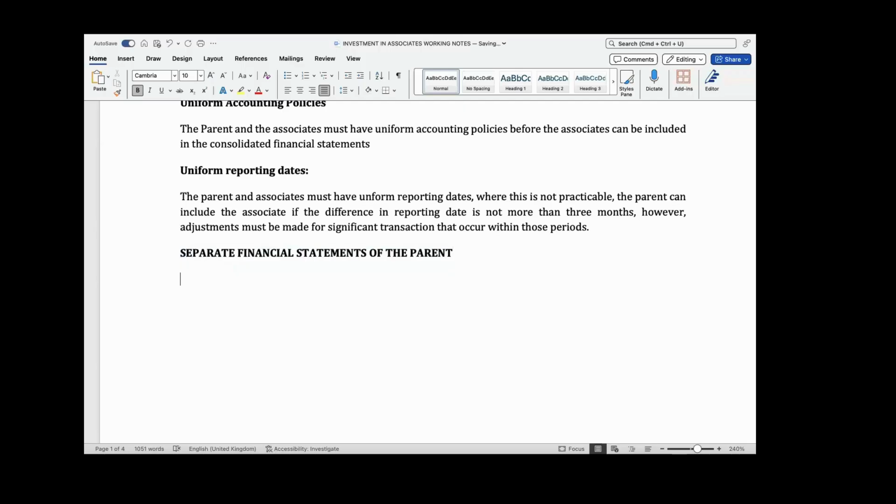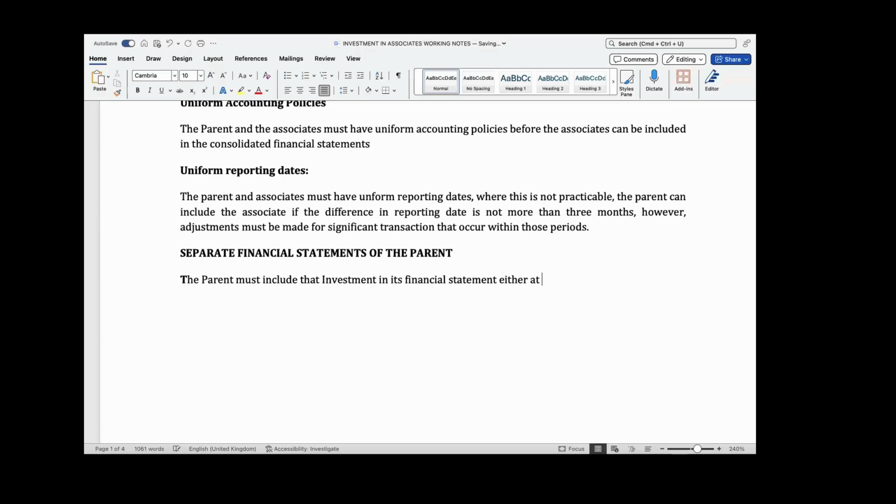Like I mentioned, the first thing when you buy an investment is that the investor or the parent must include that investment in its financial statements,